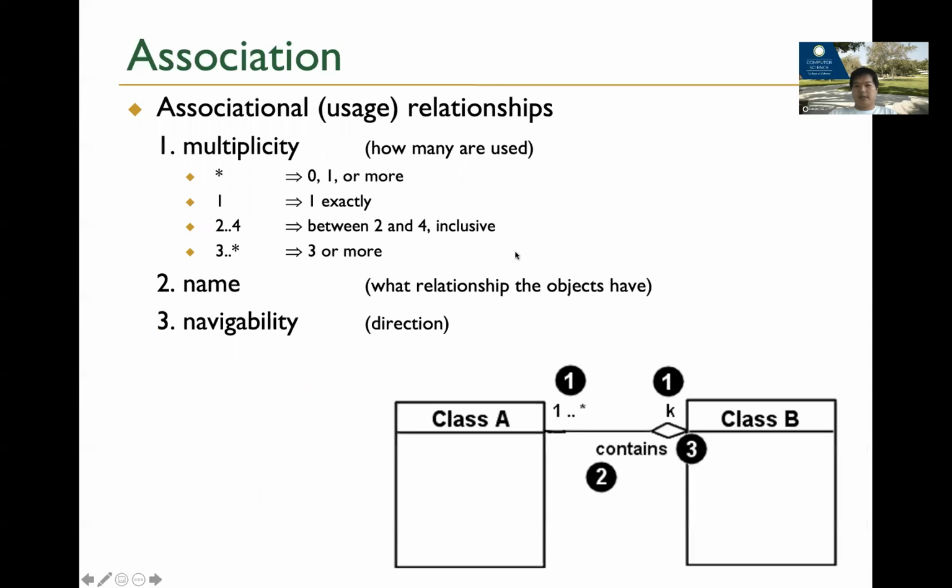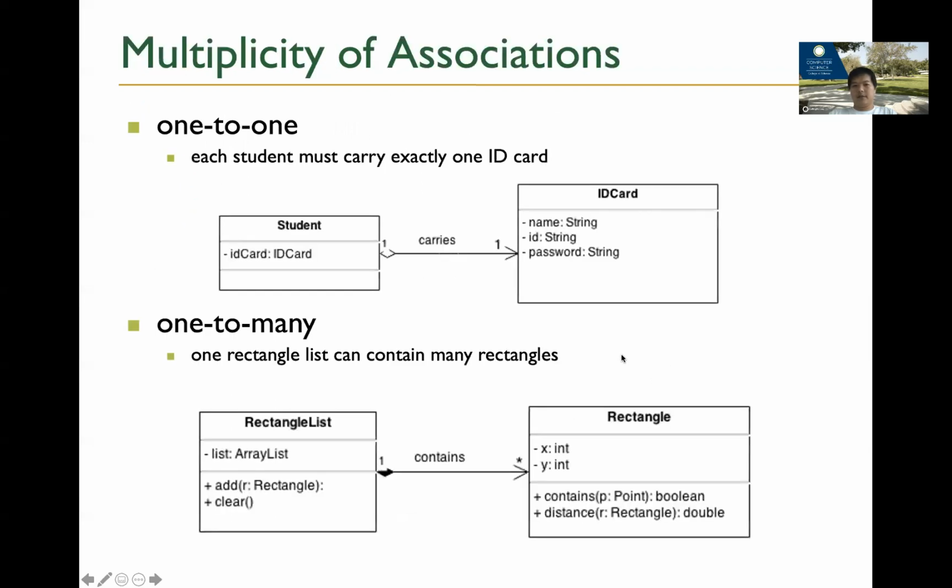Association is more about a relationship by referencing, okay, or we call it composition. So when this class can contain multiple class B, you can specify this kind of connection. As you can see, they're not in an inheritance relationship. They're just saying this one could have multiple class B. And you can specify how many or more, and you can specify a relation name, like contains, all right? And you can do a one-to-one relationship. Every student only has one ID card. You can do one-to-many. Okay, so you got a list of rectangles, it can have many rectangles.